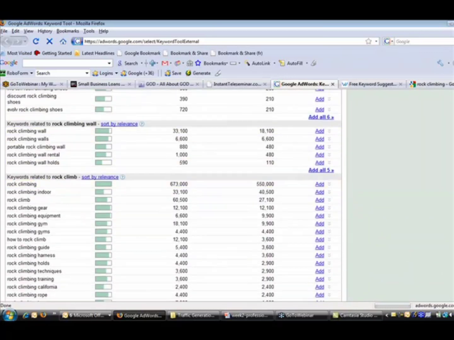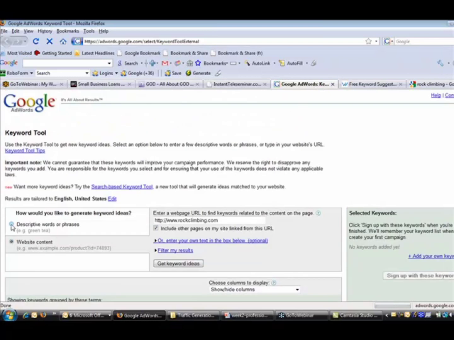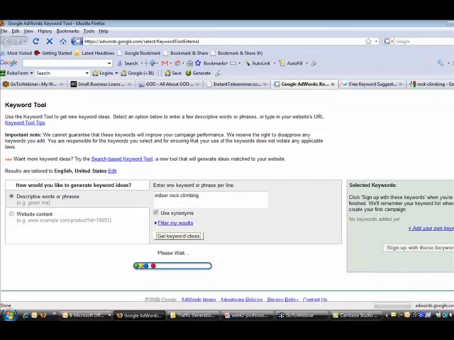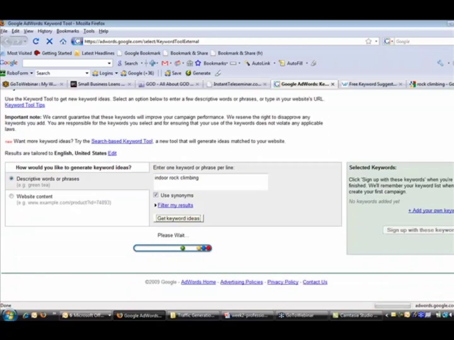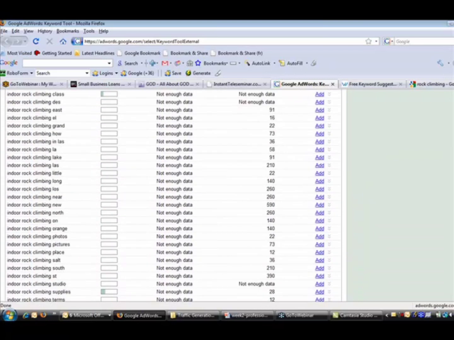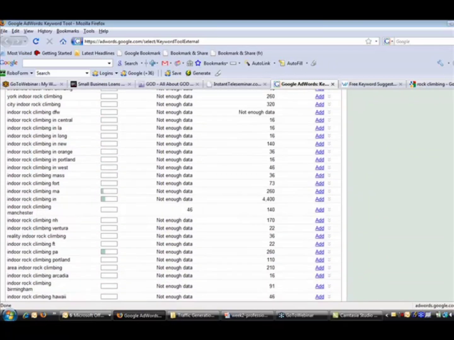Okay, and so then you go right back over here and say, okay, I'm going to consider indoor rock climbing. So you just type in indoor rock climbing in here and you're off to the races, because you'll notice it's going to bring up a whole other list of results just related to indoor rock climbing. And so finding content for you to write about, there should be no issues whatsoever,